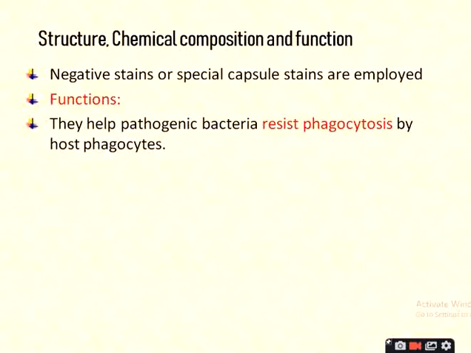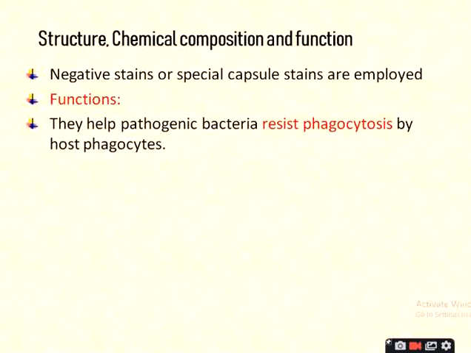We know that Streptococcus pneumoniae causes pneumonia in human beings or in mice. And there are two strains of Streptococcus pneumoniae. One is a rough cell and another is a smooth cell. We know that there is the Griffith experiment. The scientist Griffith carried out the experiment on mice using Streptococcus pneumoniae, one strain called a smooth strain and another strain called a rough strain.